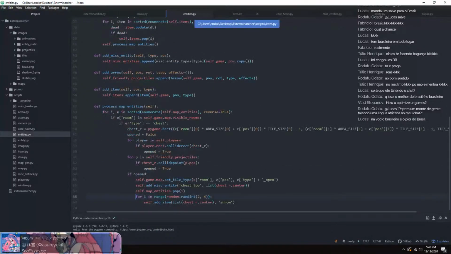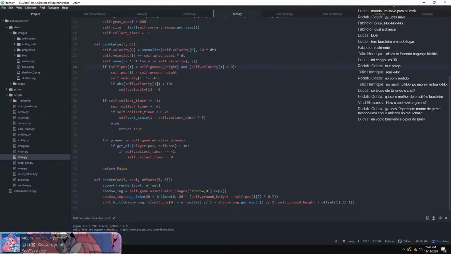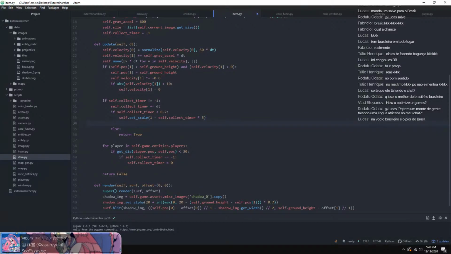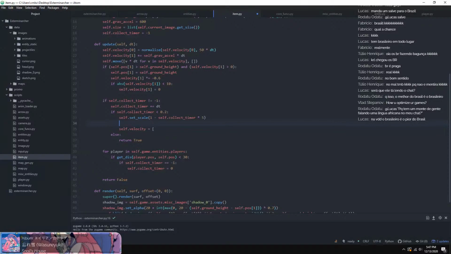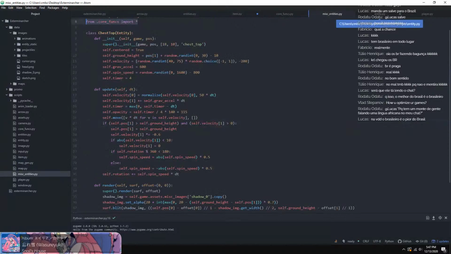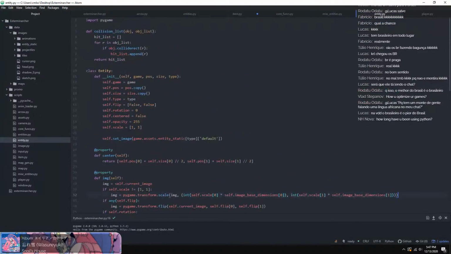What was it doing? So item needs to come towards the player. So self dot velocity equals, wait, I want a